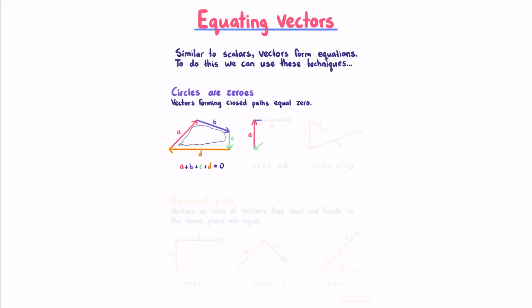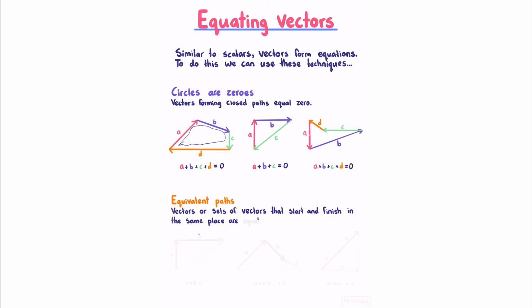Similarly, we could write a plus b plus c, once again forming a closed path, and so once again the sum of these vectors is 0. This works no matter how many vectors you choose, so a plus b plus c plus d, once again all sum to 0. The second technique is equivalent paths, meaning that vectors or sets of vectors that start and finish